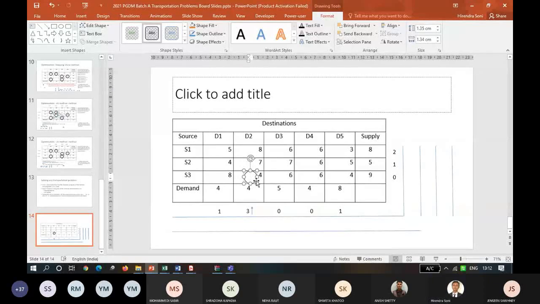Okay. Any confusion? Yes sir, got it. Confusion resolved? Yes, sir. Okay, good. So what is the maximum that we can allocate here? 4. So once we have allocated 4,